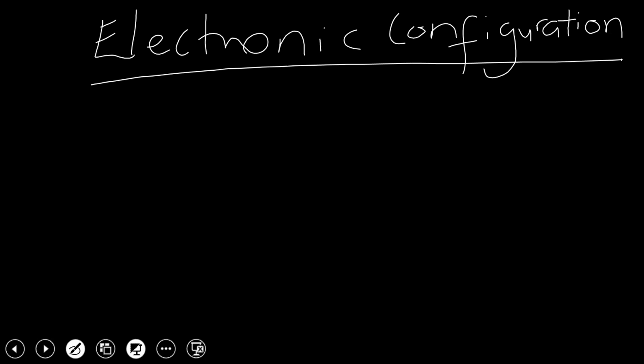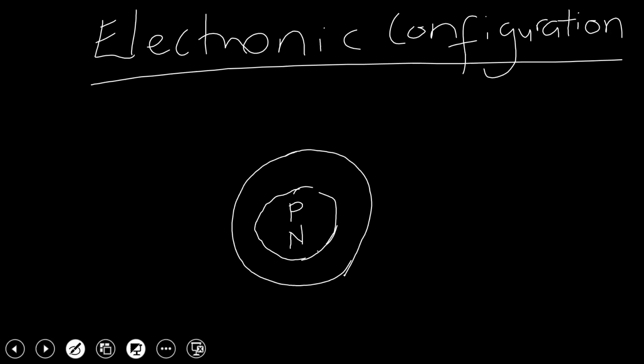Like I said previously, an atom has the nucleus. The nucleus has protons and neutrons. Then it also has what we call energy levels or energy shells. The electrons are found on energy shells. The size of an atom is determined by the number of electrons on the energy shells. So when we talk about electronic configuration, we mean the arrangement